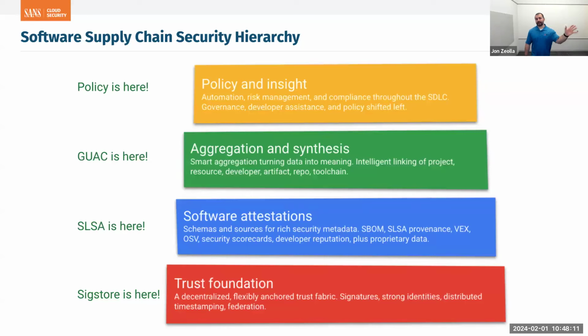So remember I said at the beginning, after we talk about baseline supply chain security techniques, we're going to talk about day 2. So here I'm demonstrating where different solutions fit in this whole supply chain hierarchy. We talked about SLSA, right? We showed Sigstore and cryptographic signatures in the demo. So that's kind of our trust foundation. We've got these software attestations. And on top of there, we need to aggregate lots and lots of data. That's what GUAC does. So you can tell GUAC, SLSA, we've got a lot of chips and dip going around, I guess.